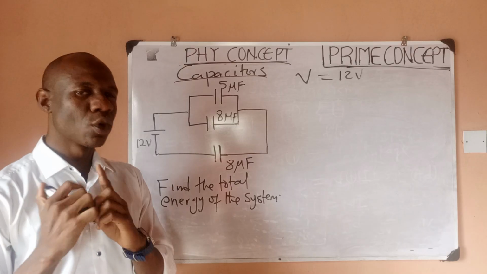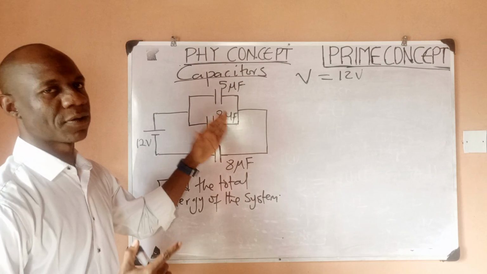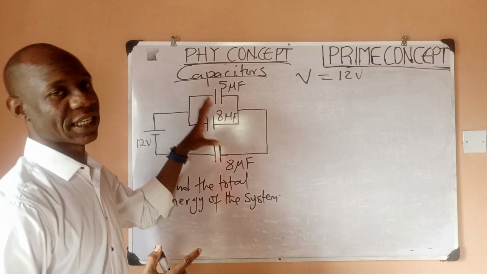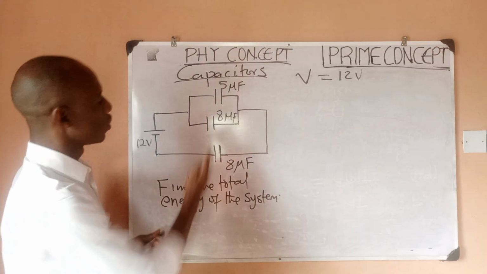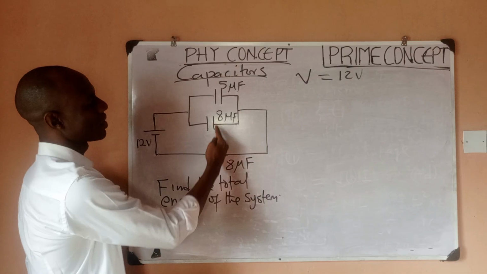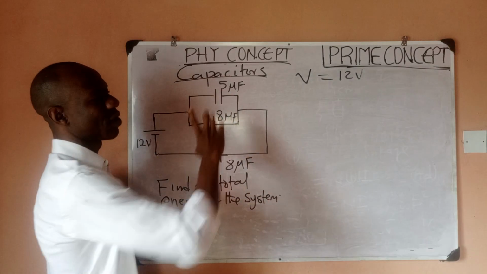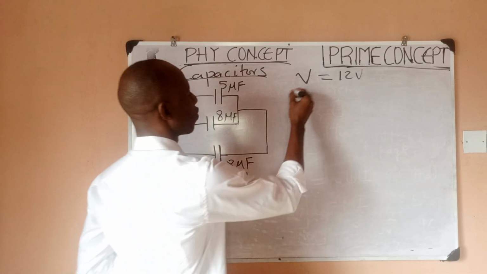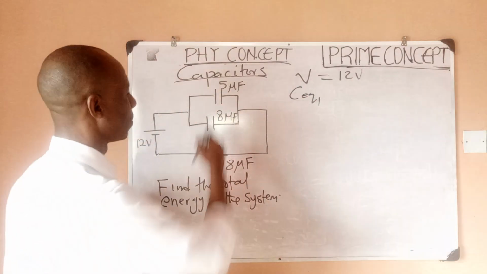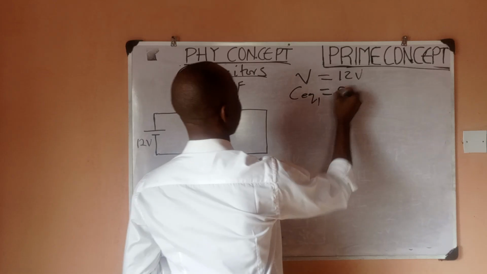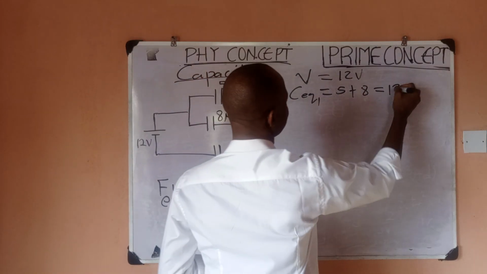We need to know our total capacitance. Now, since we have this, we need to find the equivalent capacitance of this circuit. If we can get this, then we can solve our problem. So first, you would observe that these two capacitors are arranged in parallel. Now remember, when capacitors are in parallel, their equivalent is their direct sum. So it's going to be 5 plus 8, which is going to give me 13